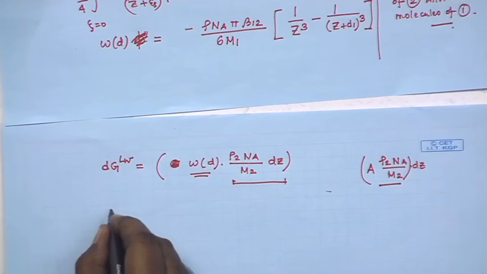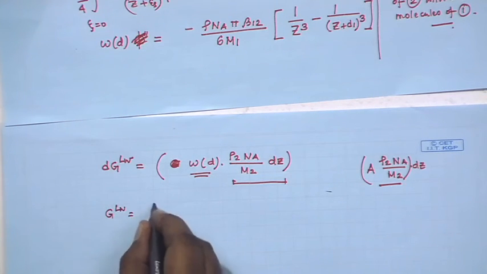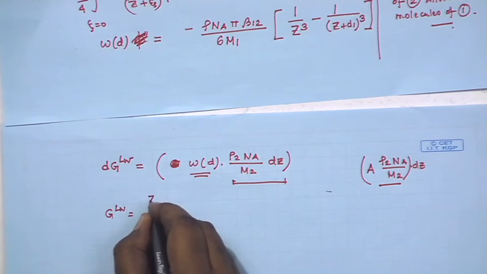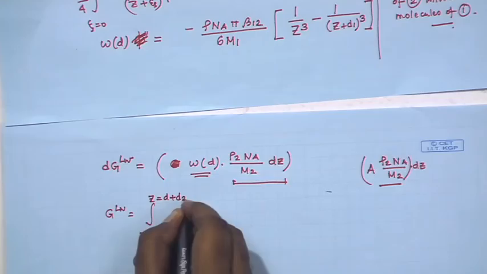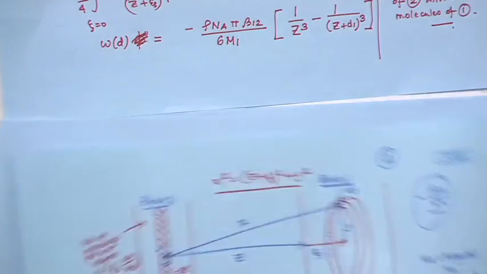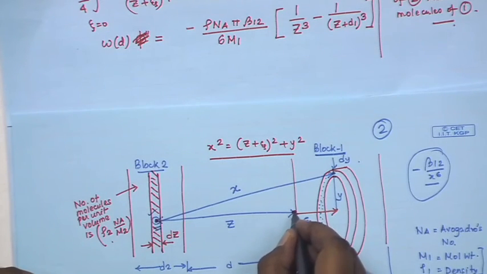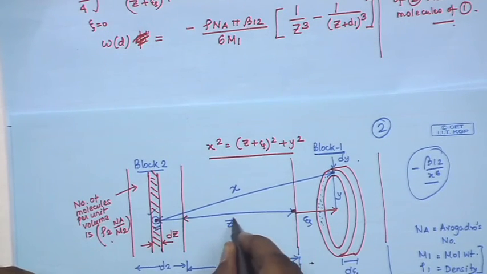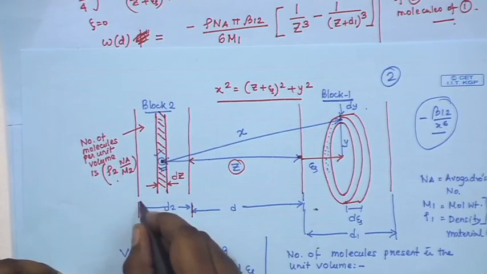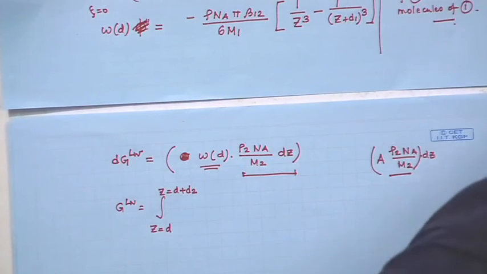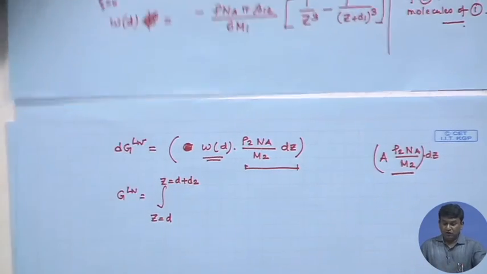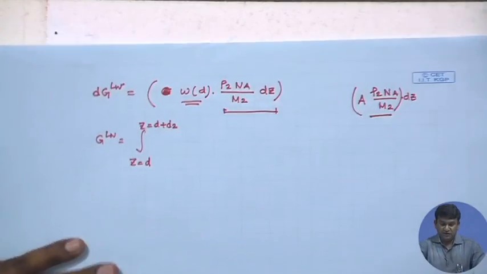And so, what is the expression for GLW? The expression turns out to be, now you see the limits of Z vary from D to D plus D2. This is how Z is defined, in fact, Z starts from here. So, the limits of Z vary from D, that is here, to D plus D2. You simply integrate to get the GLW, that is the energy of interaction between two surfaces due to van der Waals forces, and this turns out to be,